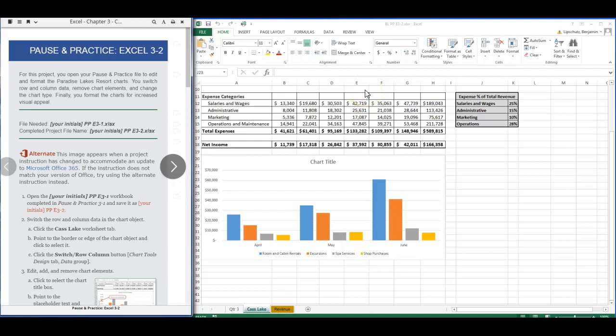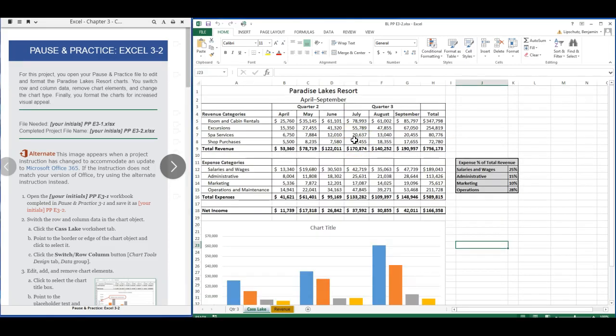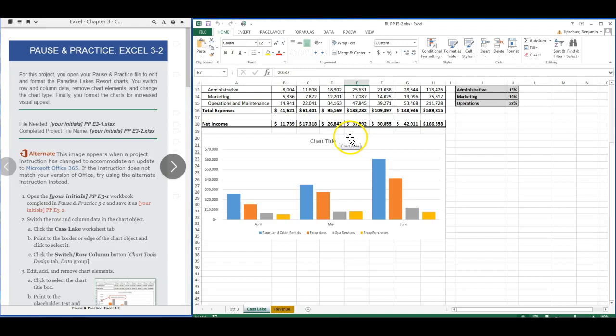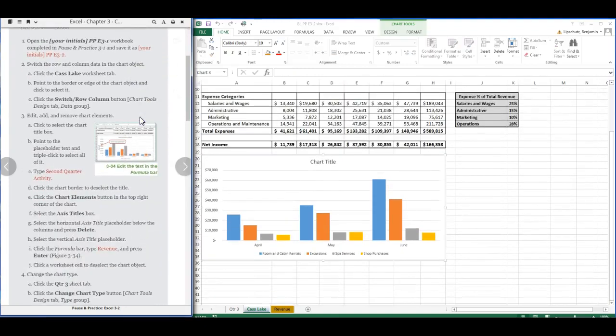Hello, this video is for Pause and Practice Excel 3-2. We'll be working from the file we made in 3-1. The first thing you want to do is rename and save the file as your initials or name PPE 3-2. From there we're going to come into our chart and adjust the rows and